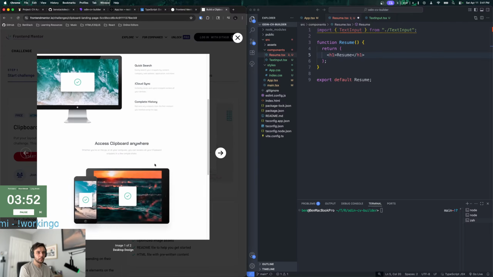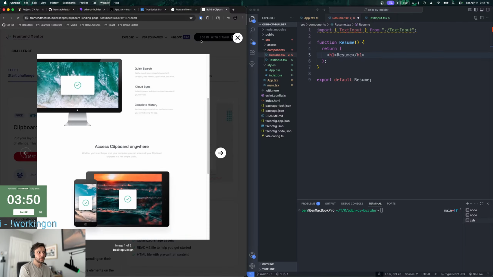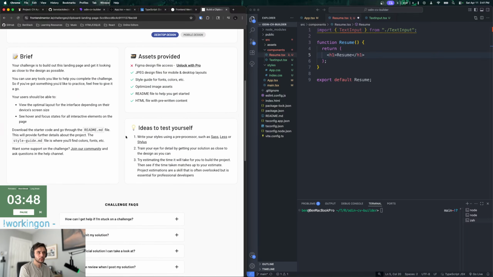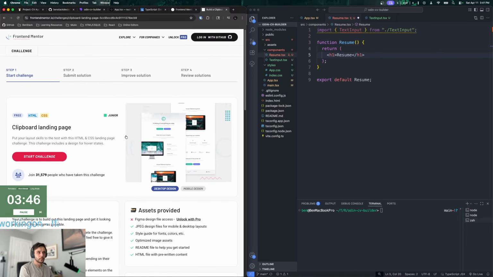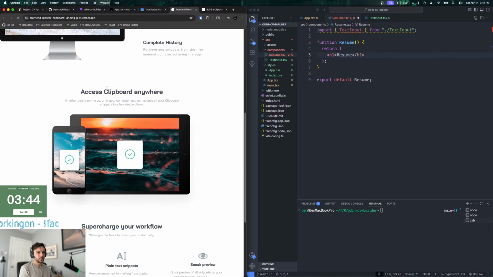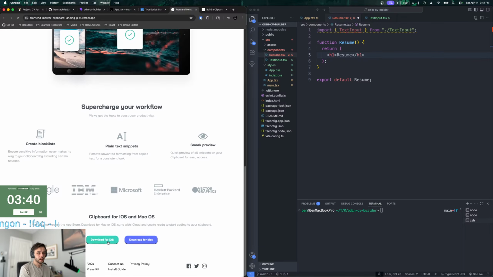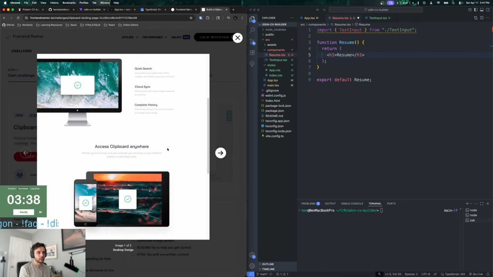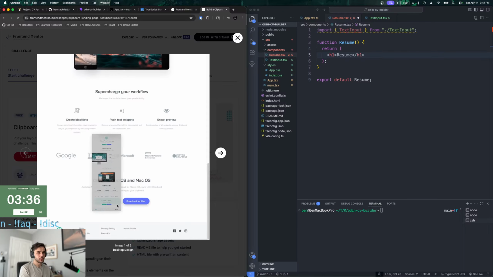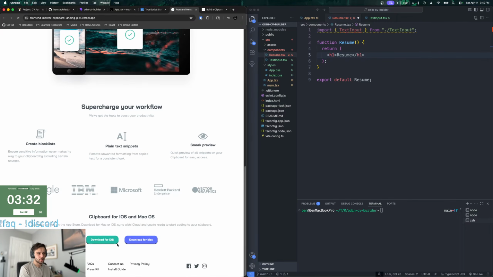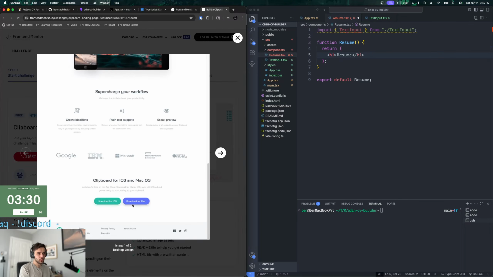History of everything you copy. And you added the animations, which looks really cool too. I like how these kind of slide in. That looks really slick. You got your buttons here. The buttons look pretty good. You should probably add a little bit of shadow; it should be a little bit more spread out on these guys, I think.